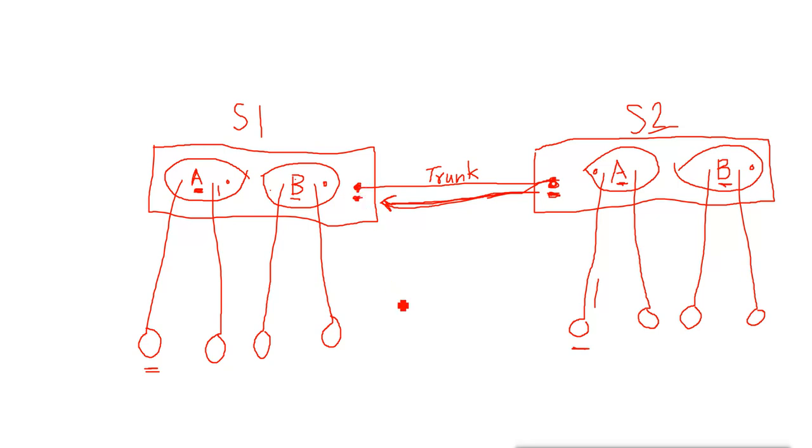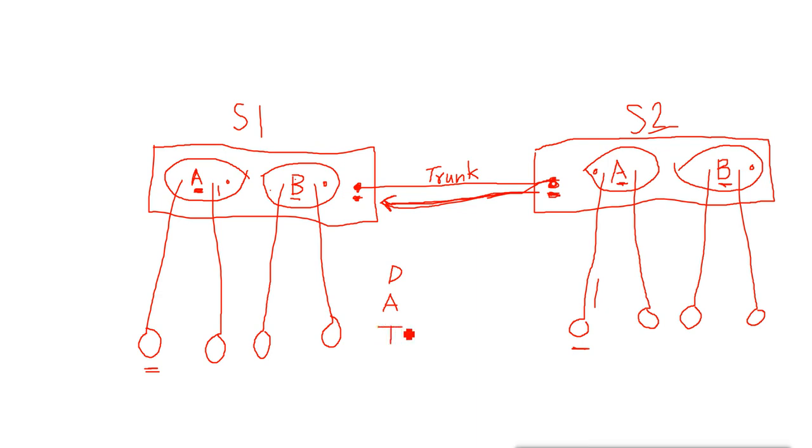If the port does not have any request, if the port is converted into an access port, then it will reject the request and it will not convert into trunk. So very simple, we have two options in the dynamic, which are desirable and auto. And we configure manually trunk.